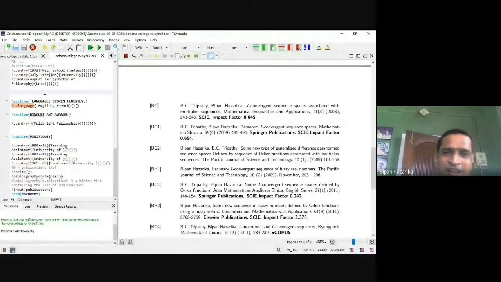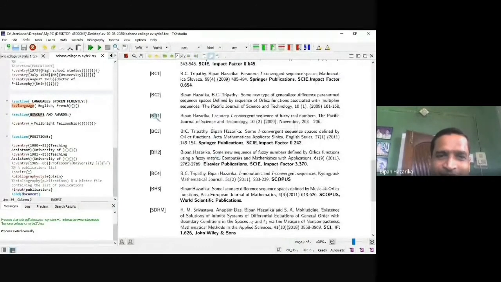So if I add many things, say between BH1 and BC3, between these two publications, say I have more publications between these 2 years, 2009 and 2011, I have published 10 publications within this.